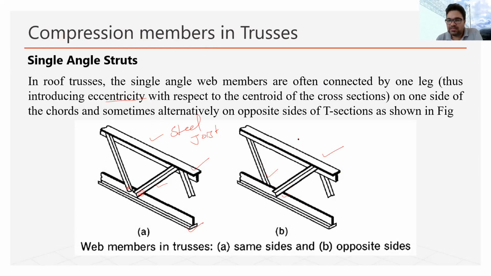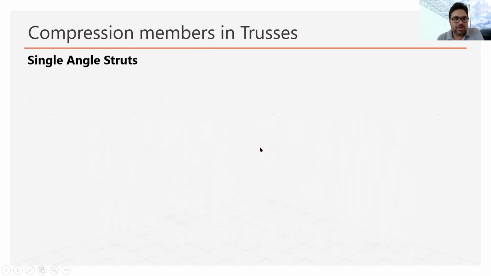So this steel joist will have more efficiency than this one, because in this case angles are connected only on the one side. So basically eccentricity is induced on one side, and on the other side it may be weak. But when we connect the angle section alternatively on both sides, then the eccentricity can be reduced and the steel joist can be balanced. So that is the one aspect that we generally follow while designing the steel joist using the angle section. Now we will understand more about the single angle section.